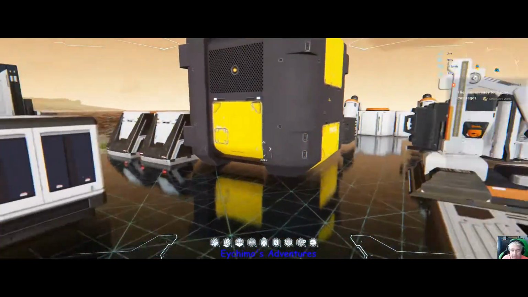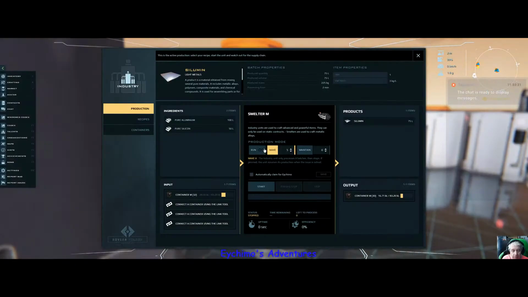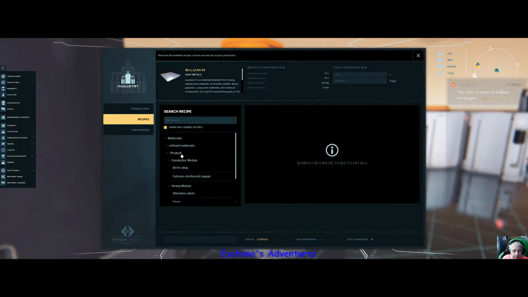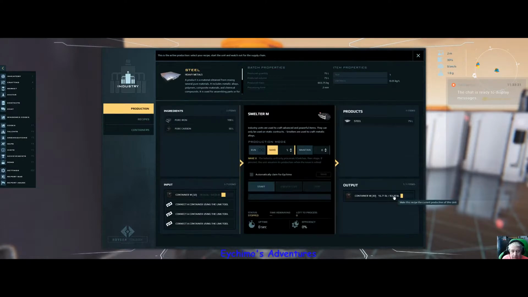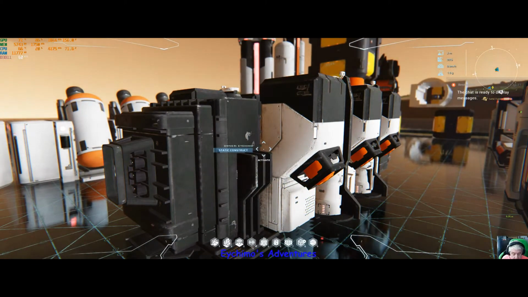So we're going to have to get some steel going here. Although I got a lot right now. Get some steel. Go ahead and run 10 units of it. Get this going. We're gonna need